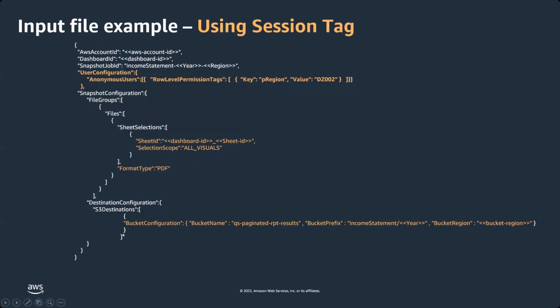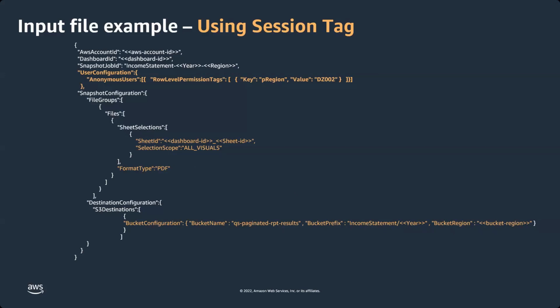In the destination configuration, in this example, I wanted to give the destination path because I wanted to save these reports as the outcomes are created. I want to save them into the S3 bucket, and this is where I can provide my bucket name. I can provide my bucket prefix, what it looks like. In this case, it's an income statement, and I wanted to dynamically create it, so when it is created for a particular year, I can pass that, and I can specify which region it is for. This is how you do it through the session tag, as you apply all that